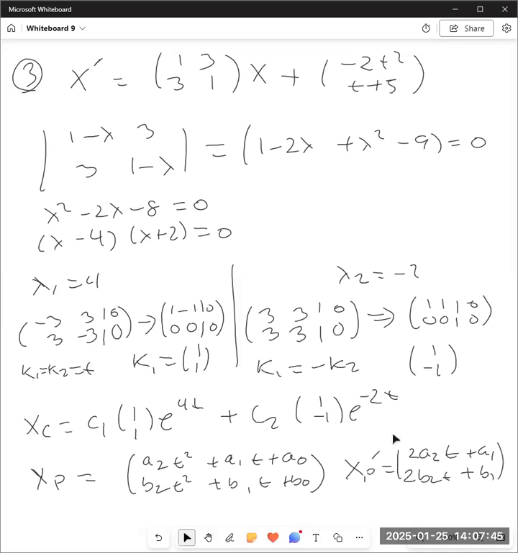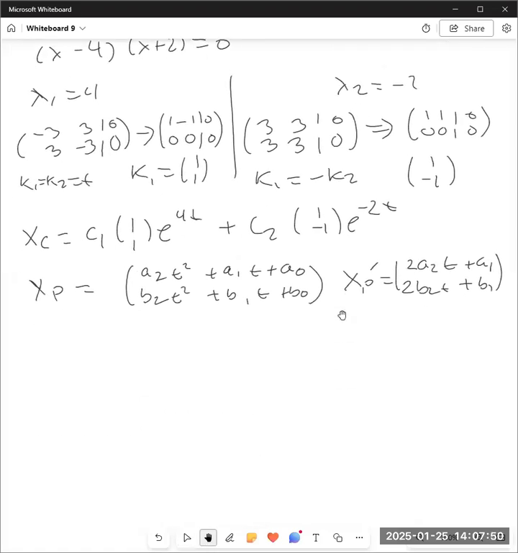So this is going to be my right-hand side here, 2a2t plus a1, 2b2t plus b1,